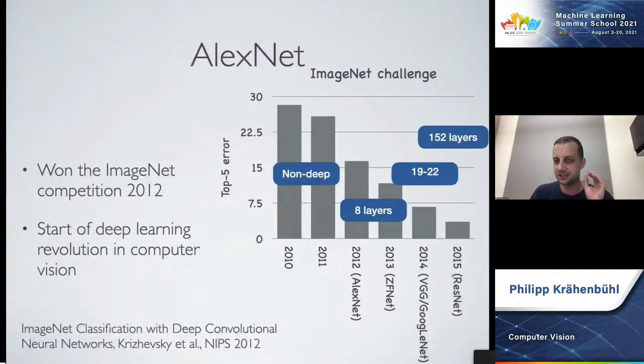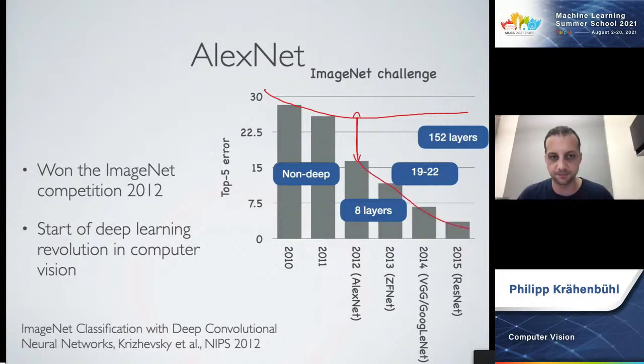It ensured that within half a year, almost all serious computer vision researchers were transitioning to deep learning. The reason for this is that it really won the competition by a gigantic margin. Before 2012, it looked like computer vision was plateauing, and we wouldn't be able to solve image classification, at least at the level that we wanted to. And AlexNet really came in and showed there's this huge gap if you just switch to deep learning. And then that gap started to close more and more over the remaining years.